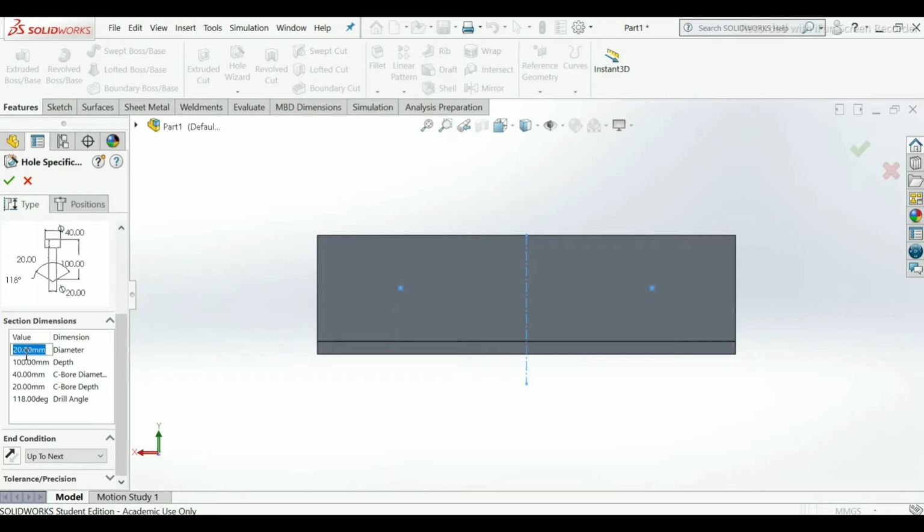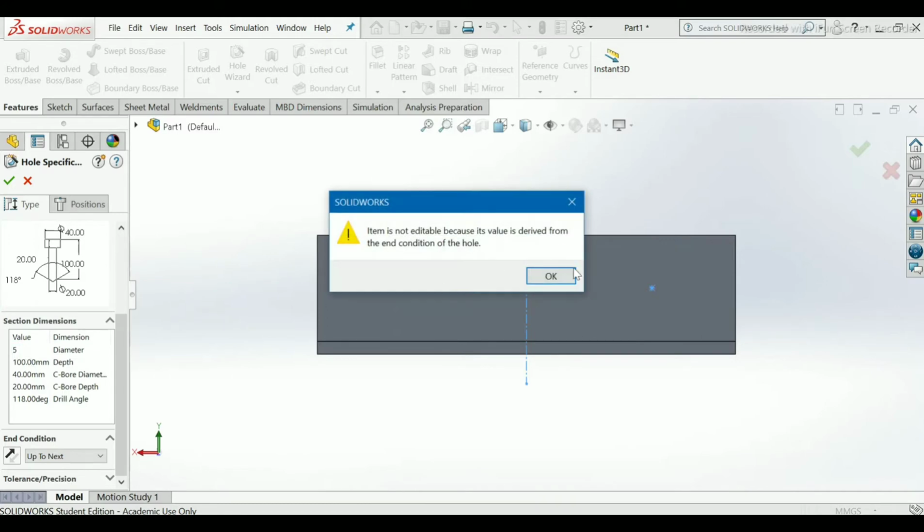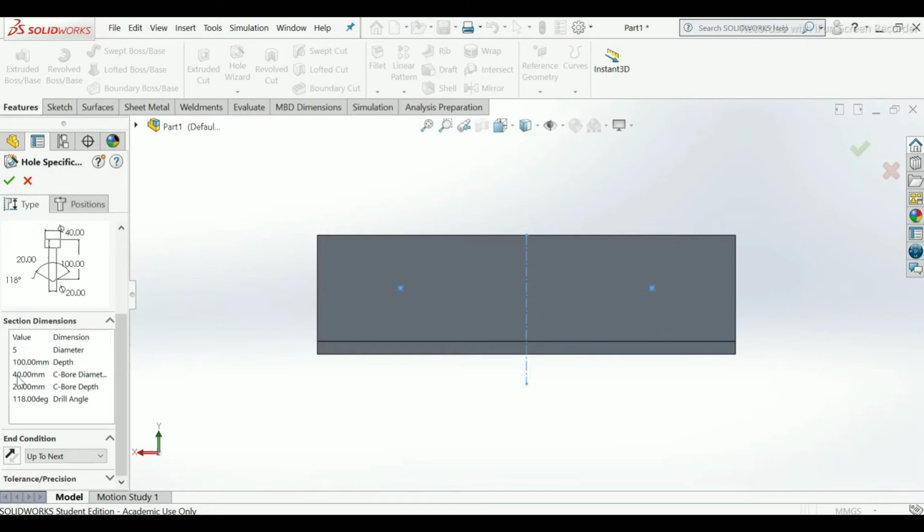Now the diameter first will be 5 mm. Take bore diameter 6. Depth will be 10. And this step will be 13.